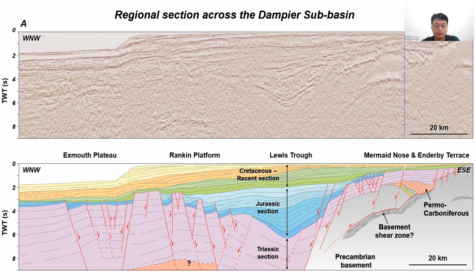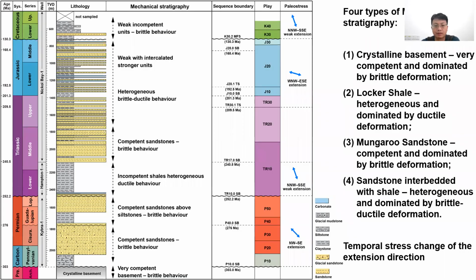This is the second phase of extension, syn-kinematic strata. To the west are the Rankin platform and Exmouth plateau. This area has not been deformed very much, but has a thick package of Triassic successions. Our studied area is the eastern part of the cross section, on the Intermediate terrace. We use